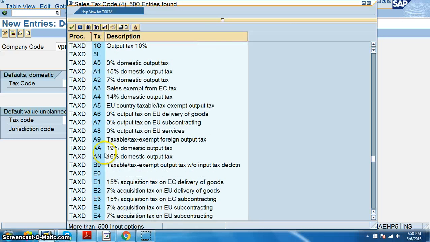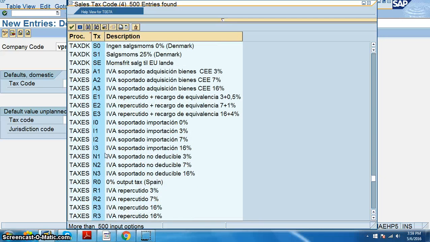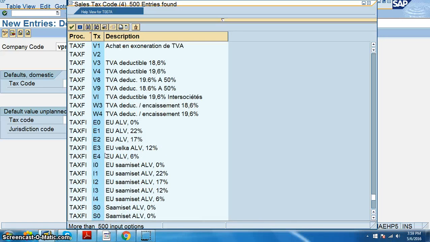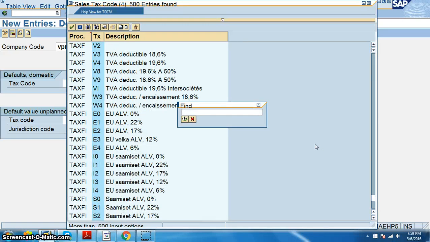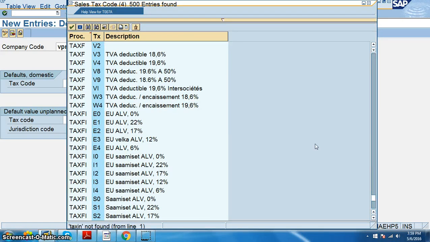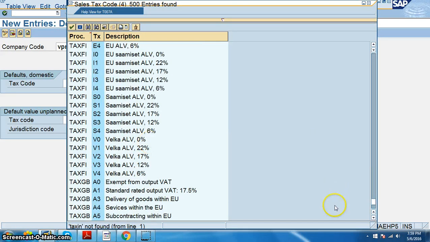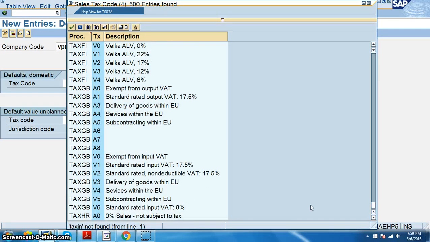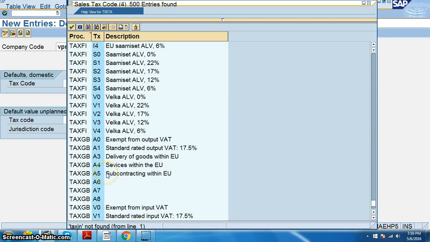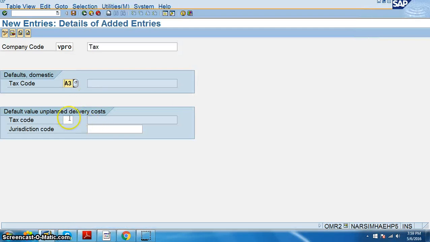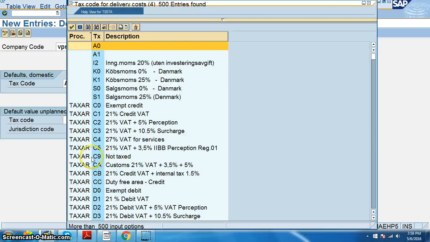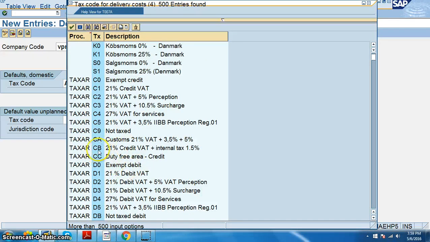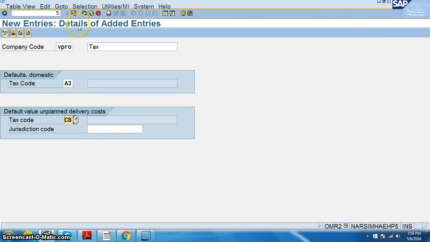We created tax in A3. Here we can give some other tax code like not taxed or duty free or something like 21% or something like that. Then we can save it.